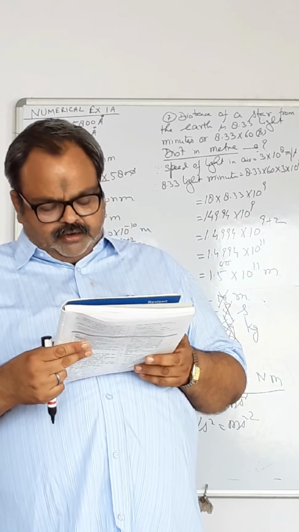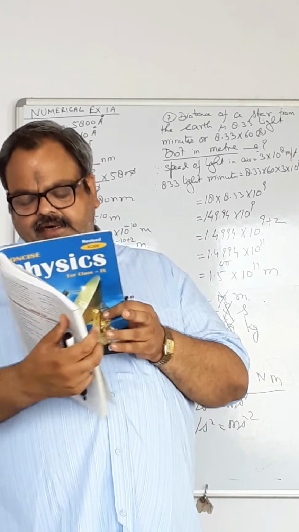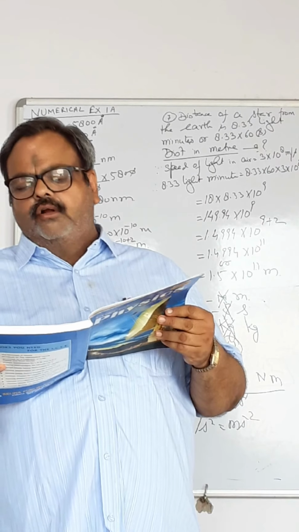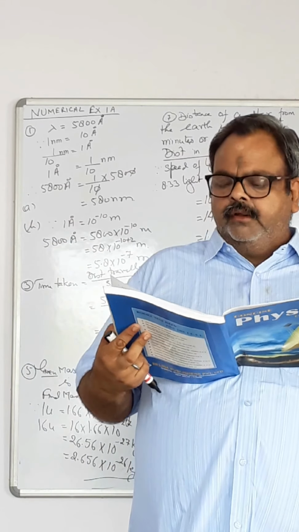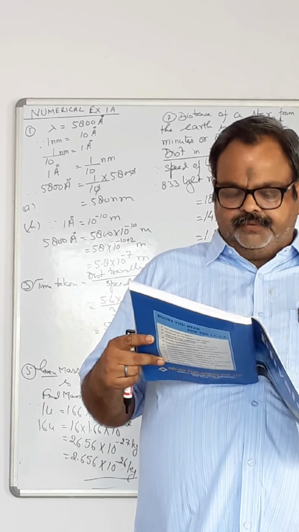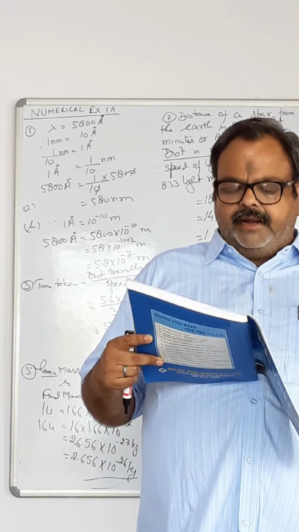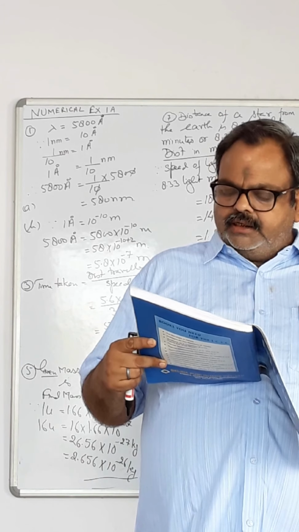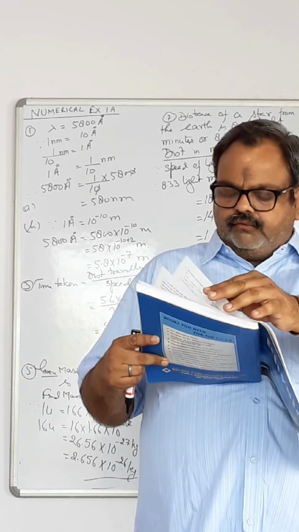Now examples are given on page number 8. Go through them, read the numerical problems and try to solve them. If any doubt, you can clarify. In the theoretical exercise, they have given all the answers. Question answers we will search from the back, and the rest of the small answers they have given along with the questions.